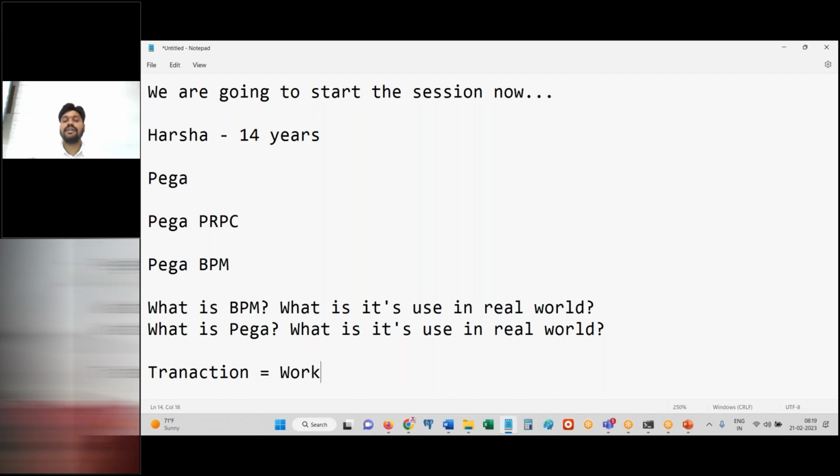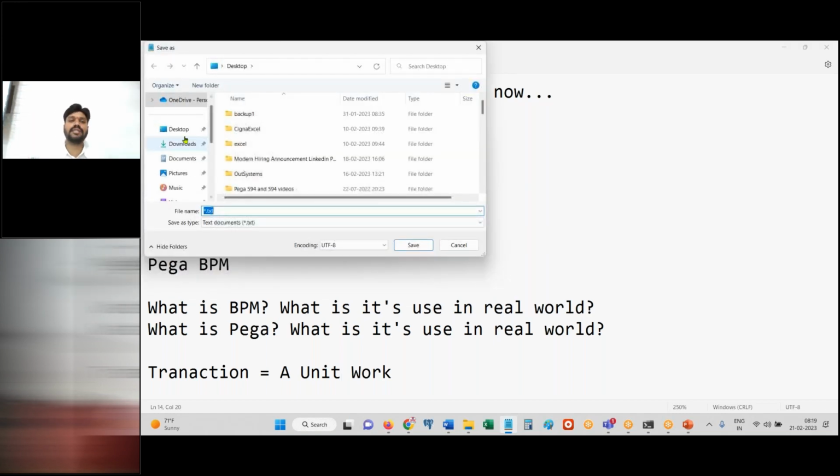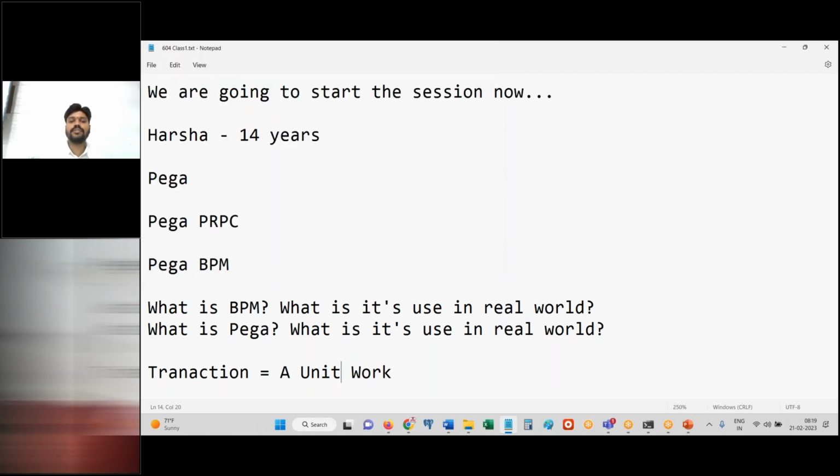Transaction means you are performing some work. From beginning to end, you are going to finish the work, either you or the system. So a transaction is one unit of work, a unit of work that can be initiated, processed, and completed. Every business process application that you have in this world is intended for transaction processing. Every business application existing in this world is intended for transaction processing,